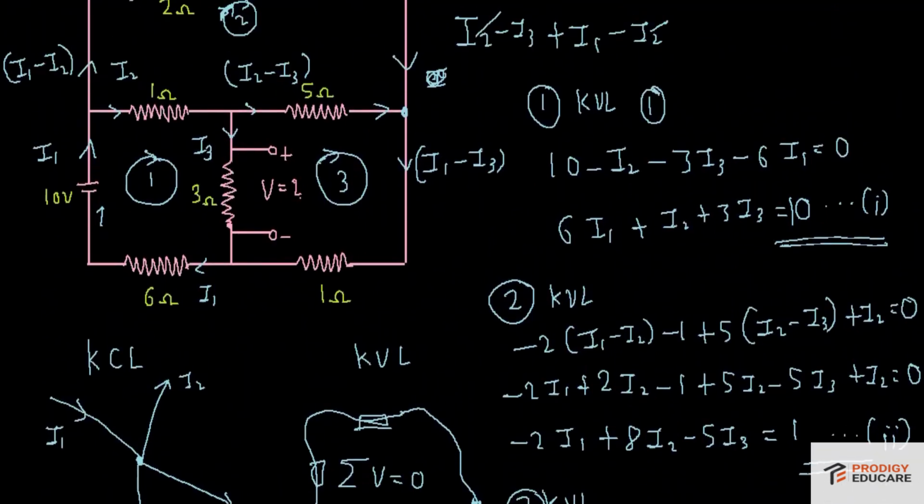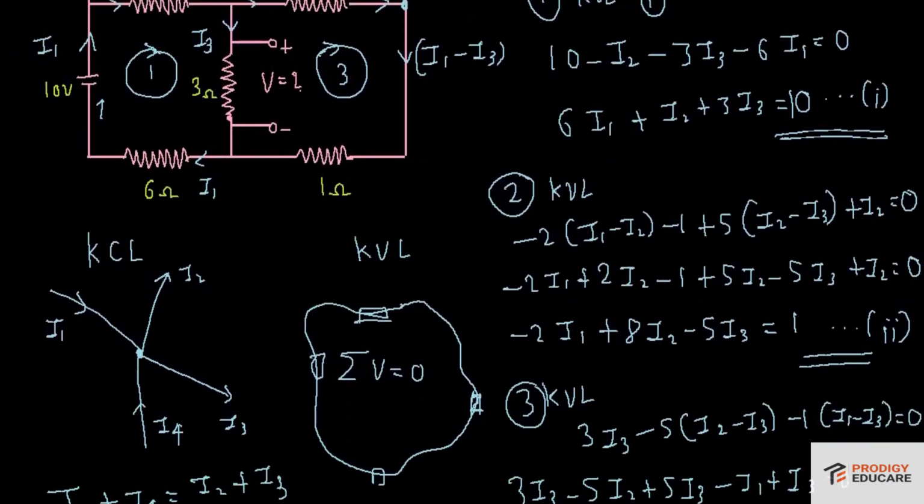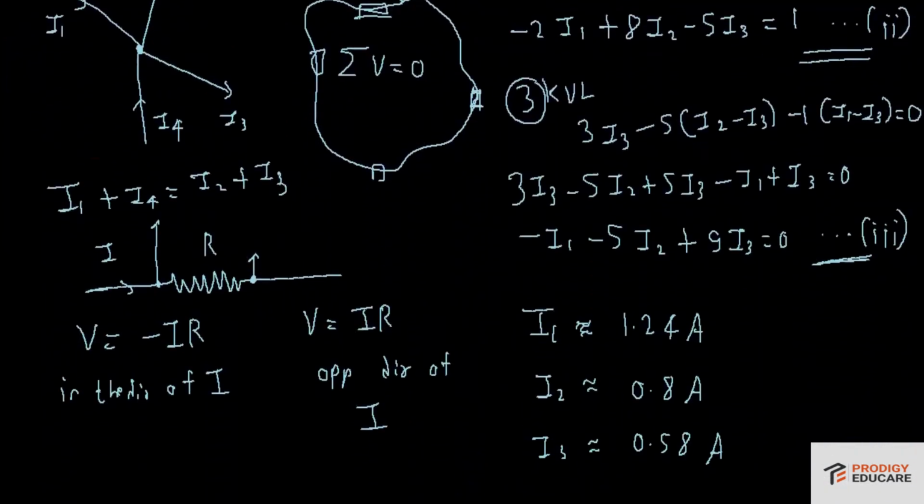The voltage drop will simply be current times resistance. Just notice one thing: the upper side is given a plus sign, and the lower side is given a minus sign. When I'm moving in the direction of I3, the voltage is dropping. That means this point is at a higher potential and this point is at a lower potential. So we'll consider this as a plus sign. The voltage drop is simply the resistance times I3, which is 3 times I3.